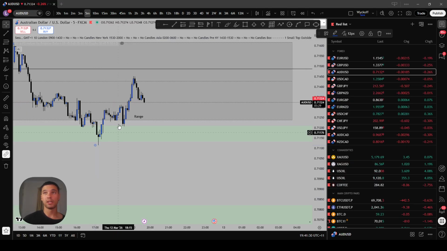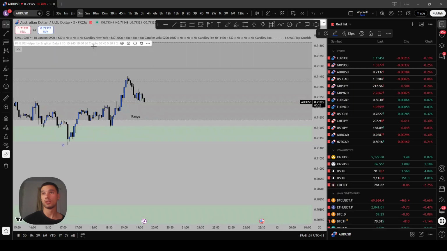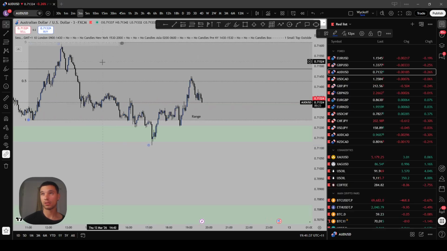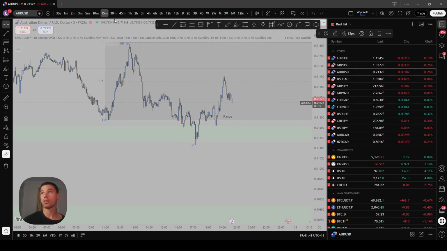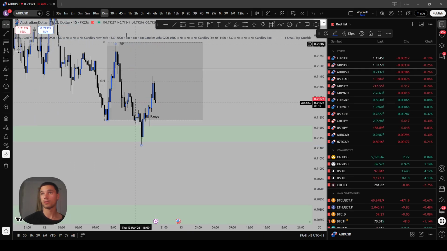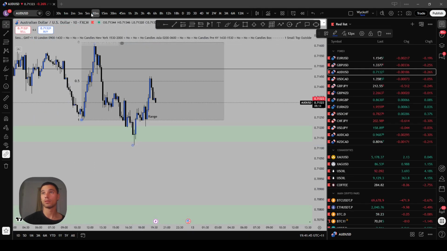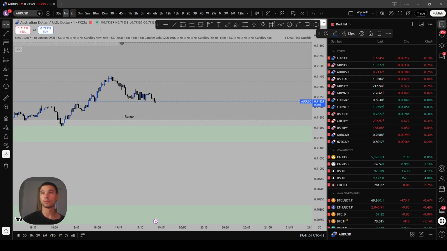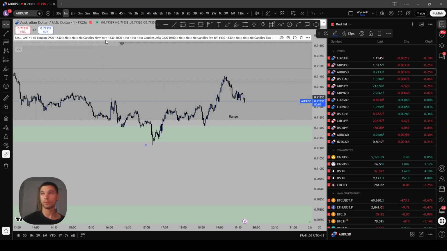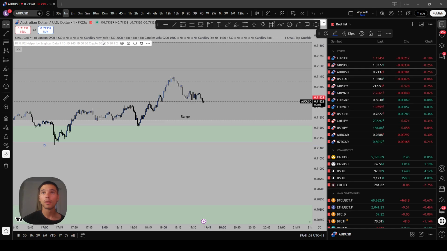Well, this technically would have been extreme liquidity, which has been swept. So it's not something that I necessarily like. Like, you can use this, but it